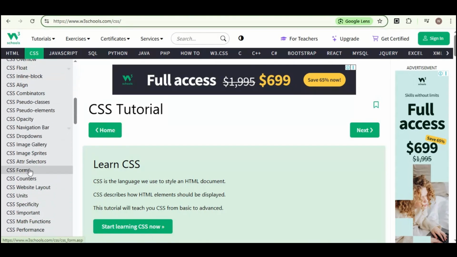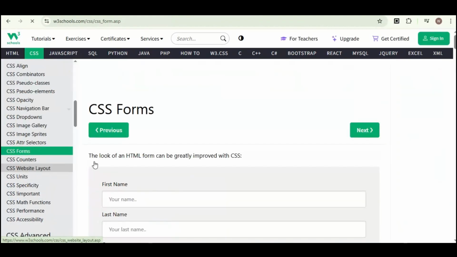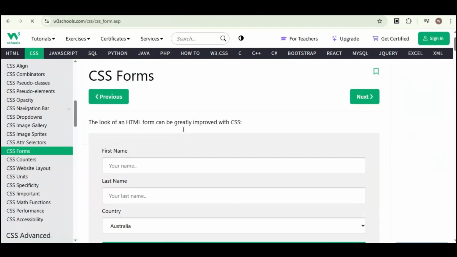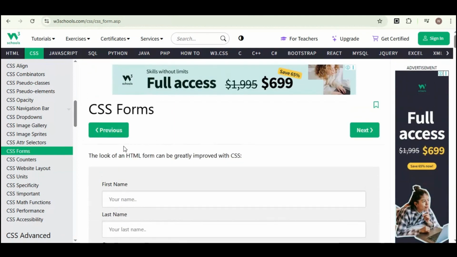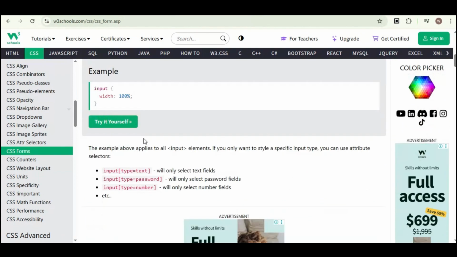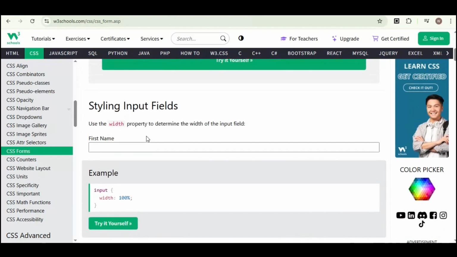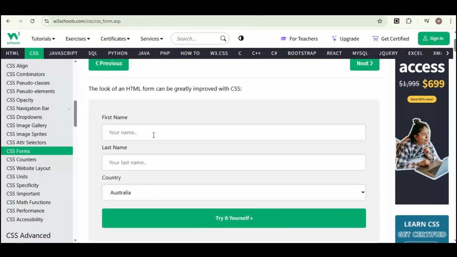Forms right here. Click on it, and then you will see the different kinds of forms provided by CSS, like CSS forms, styling input fields, and so much more. So how can we put this on Google Sites? Let's say I want to put this on my site. Click on Try It Yourself,